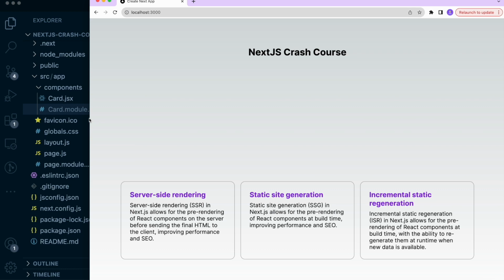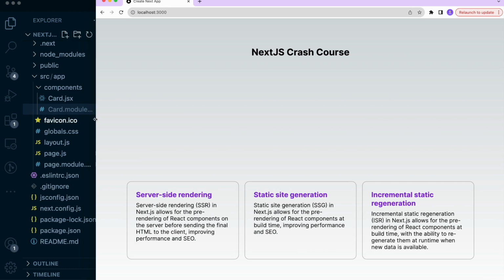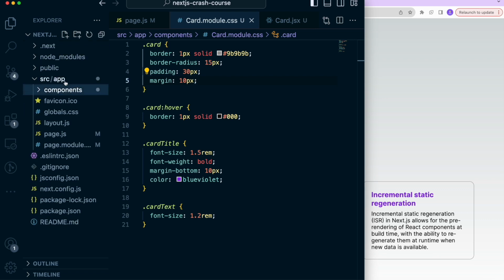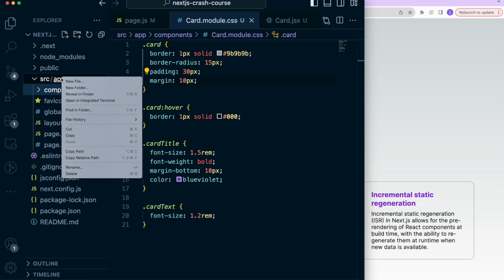Okay, now we have these components that display information, title, and the description, and three of them for now. Let's learn how to create a new page, and then once we click these cards, it should redirect to that new page. So for creating the page, let's close out this components folder, and inside the app directory, we're going